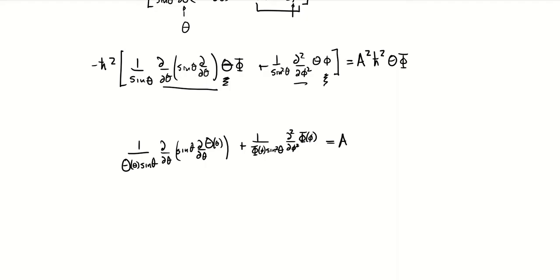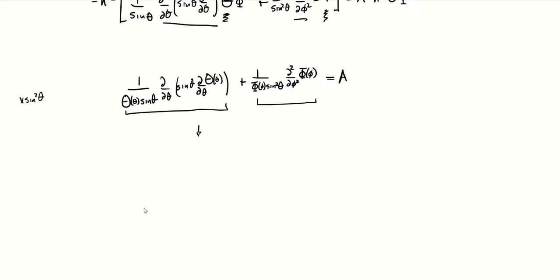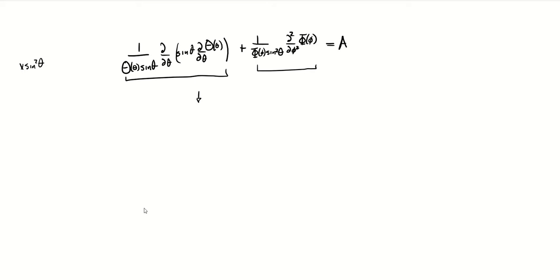And again, like we saw with the previous one, we've separated terms into ones that depend on theta and ones that depend on phi. You do some algebra here, starting with multiplying everything by sine squared theta, and we're going to cancel out a bunch of sine terms, bring it over here, and then do a bunch of algebra on that. And again, rather than you watch me do some pretty trivial algebra that just takes some time, we'll skip to the result.